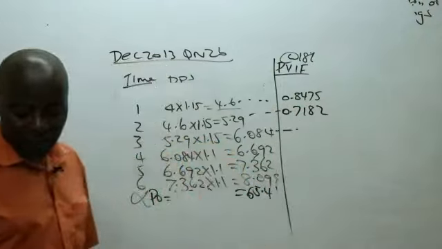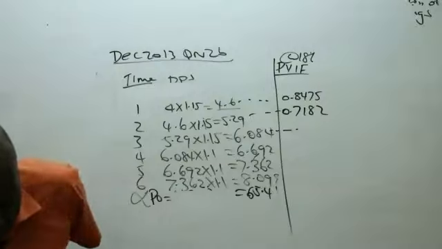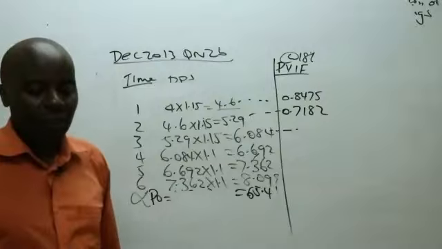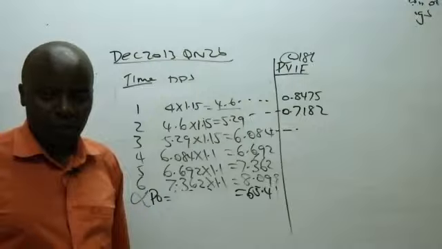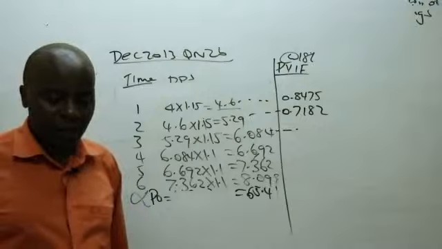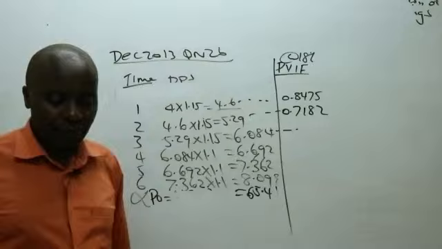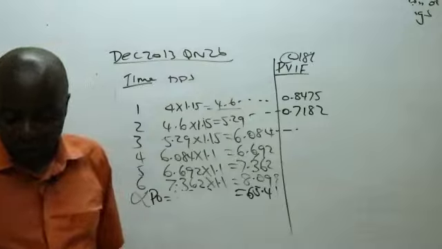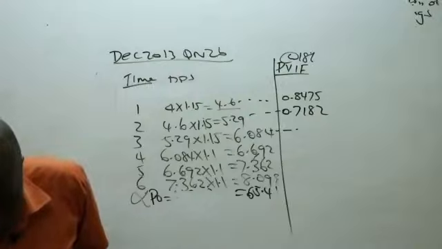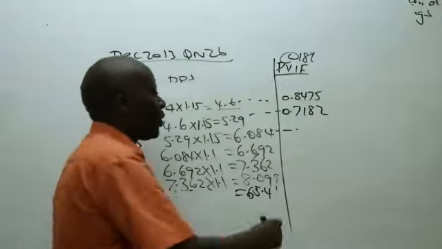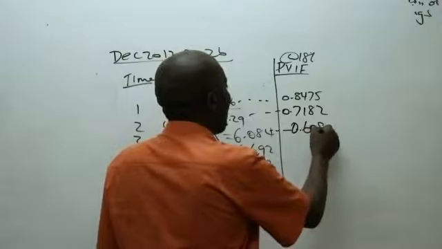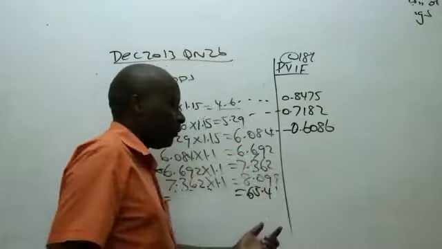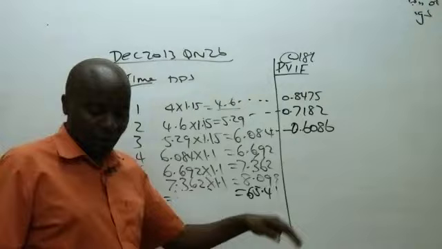The third one is point. Nobody has written the third one. So the third one, what do we have there? Thank you very much, 0.6086. That's how it's supposed to be pronounced, but for making your life easier, we normally pronounce it in the